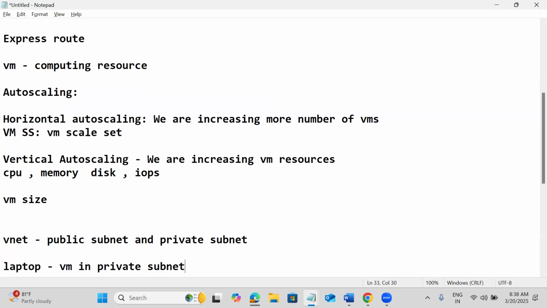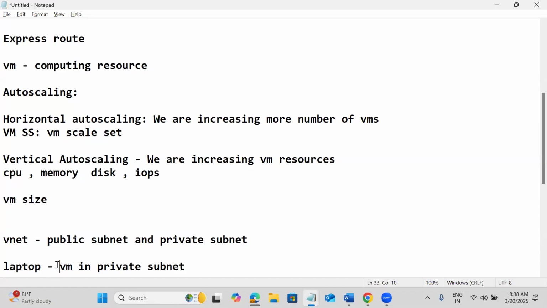In which subnet do we need to keep the jump server? Should it be in the private environment? No, that should be in the public subnet, because first we'll connect to that public subnet VM. From the laptop we can't directly access the private subnet.